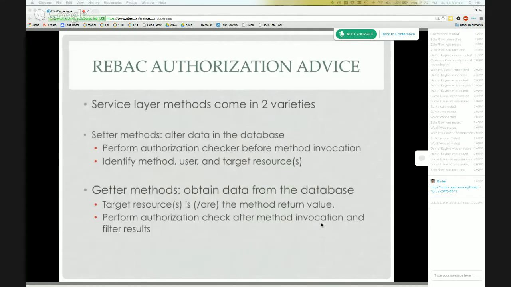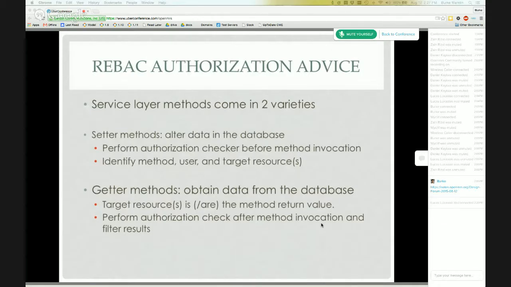The service layer methods come in two varieties in OpenMRS. There are the setter methods, which alter the state of the database, meaning that they introduce objects to the database or delete objects from the database. Here we know the target resource because it's normally one of the parameters, the resource that somebody might want to save to the database or delete from the database.